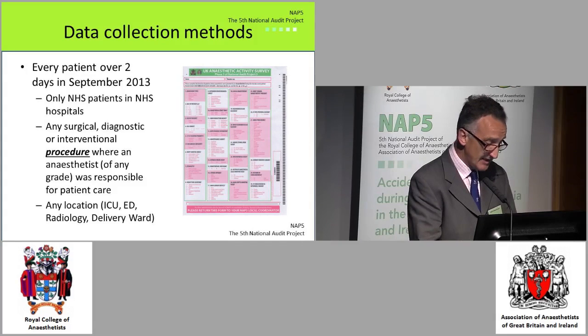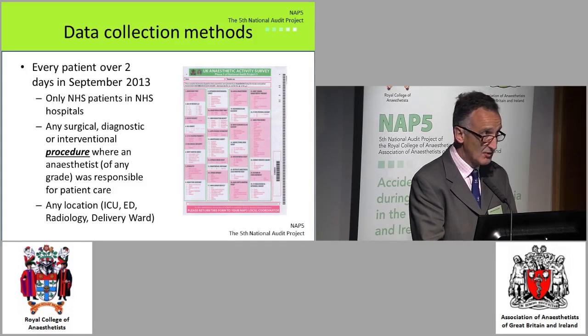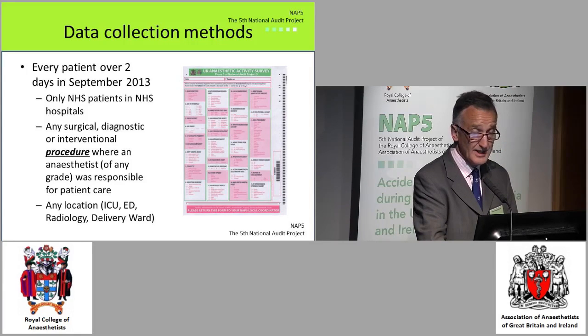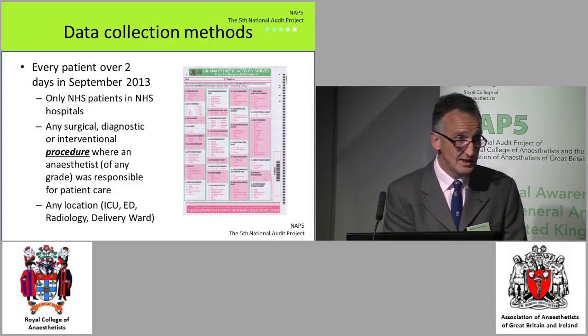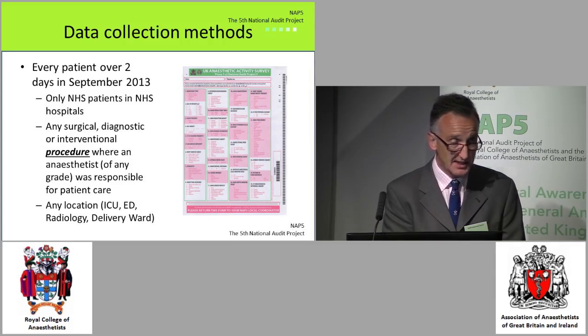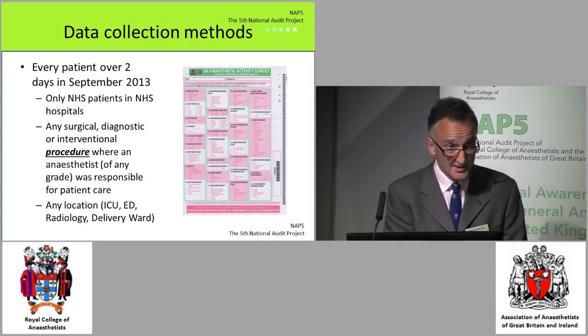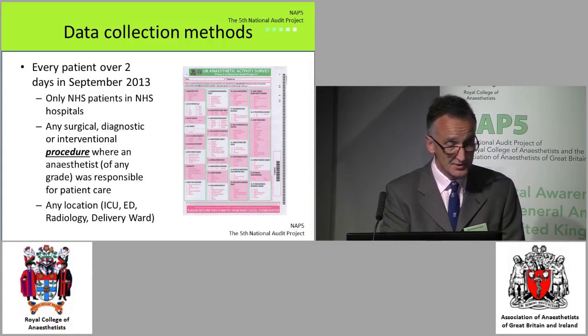We wanted to get every single anaesthetic over a whole year represented. Of course, that's a silly idea and couldn't be done over a whole year. Not a month either. Probably not a week. That would be too burdensome to get one of these pieces of paper filled in for every anaesthetic every week. So we debated about how we should do it. And it was decided that we would take 2 consecutive days. We'd get each of the local coordinators and randomise them to 2 consecutive days. And from those days, we would be able to use a multiplication factor to scale it up to an annual estimate.